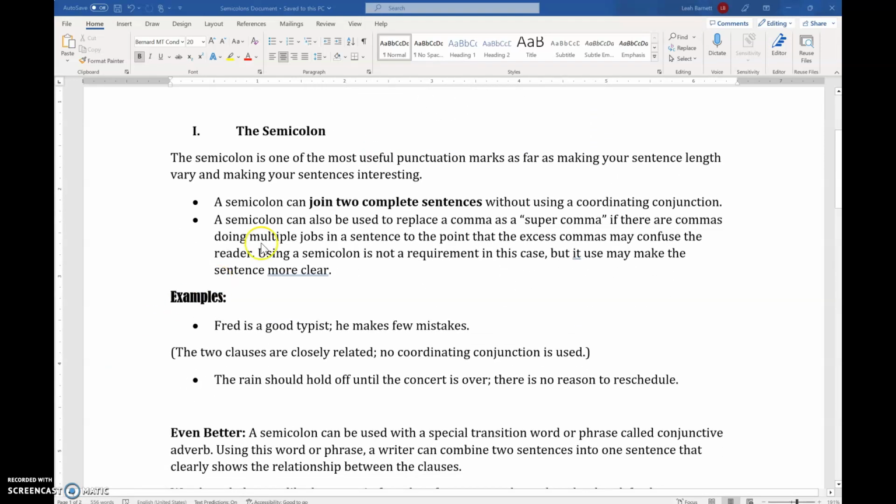So, first of all, a semicolon can join two complete sentences, and it is strong enough to do so without using a coordinating conjunction. And just in case you don't know what a semicolon looks like, this is the period above a comma. We used to use this before,